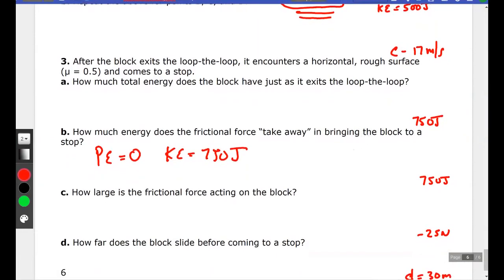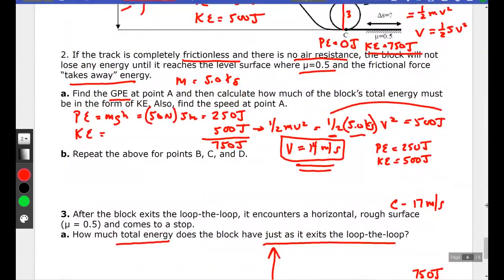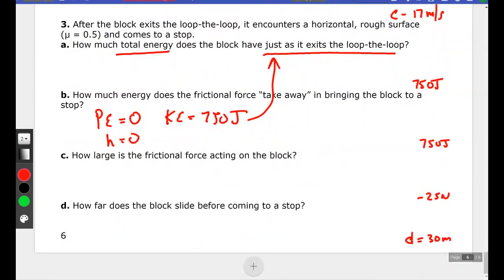How much total energy does the block have as it exits the loop-de-loop? At the bottom, the height equals 0. Here's where it exits the loop-de-loop, right there. No height. And how much energy does the friction take away? We're told that it stops it, so it must take away this much energy. How much energy do you have to take away from something that has an energy of